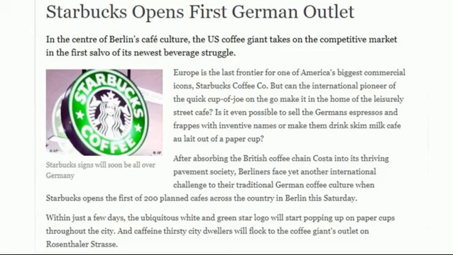What happened is they opened the very first Starbucks in the Turkish Quarter. It was actually the very first Starbucks in all of Berlin. And they were really excited. There were ribbon cuttings, and they were building things. And a couple weeks later, there was a fire. Okay, that's weird. Whatever, put it out. It must be an accident. A couple weeks later, another fire breaks out. Okay, there's starting to be a pattern, so they put little security guards outside. All of a sudden, the entire thing gets set on fire, and it burns the place to the ground. Okay? And signs were left out that said, don't bring America into Berlin.